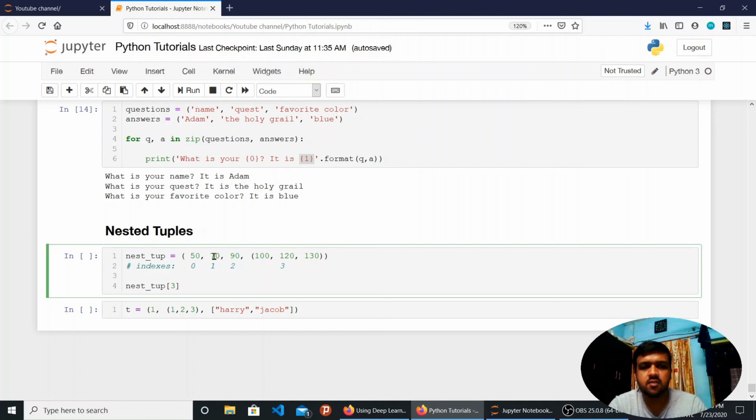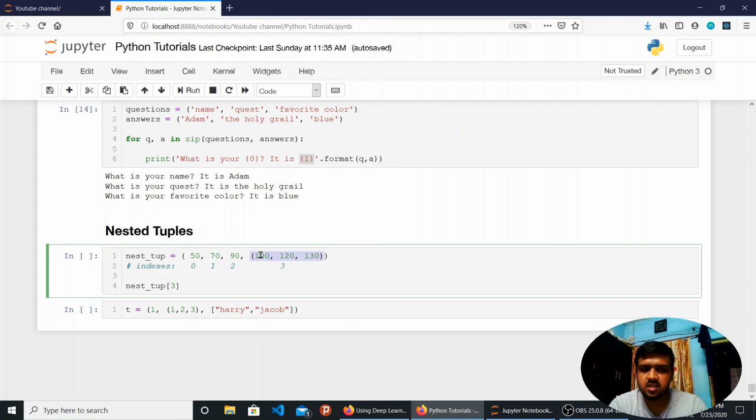I have 50, 70, 90, and a fourth item of the tuple which is also a tuple. Nested tuples mean that you can have multiple tuples in a nested form. Here you have only 4 items, with index 0, 1, 2, 3, and in the fourth item we have the sub items.